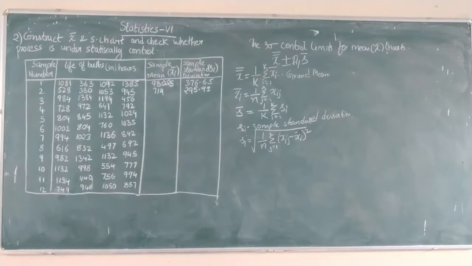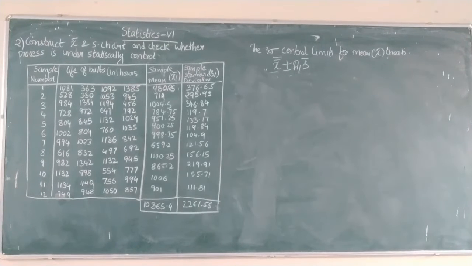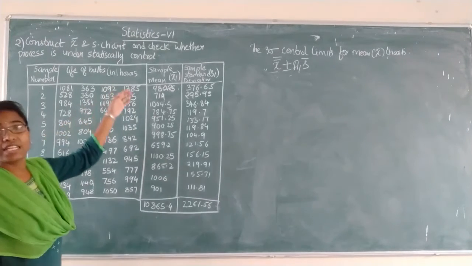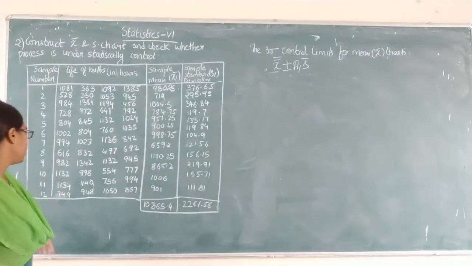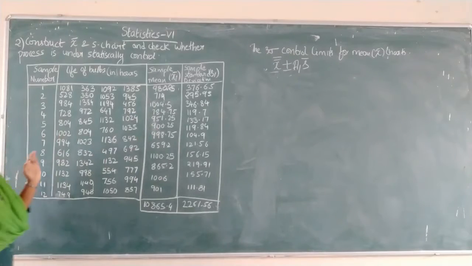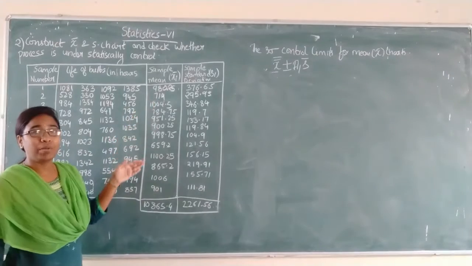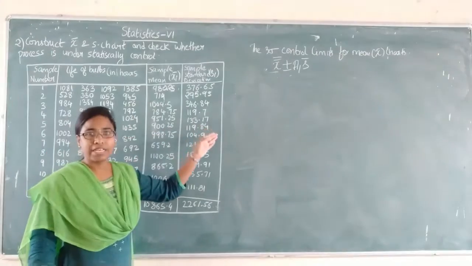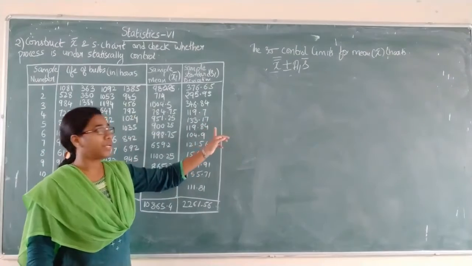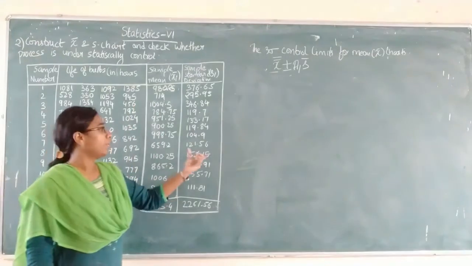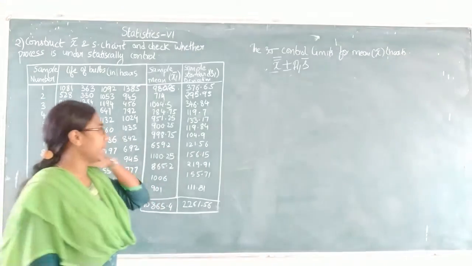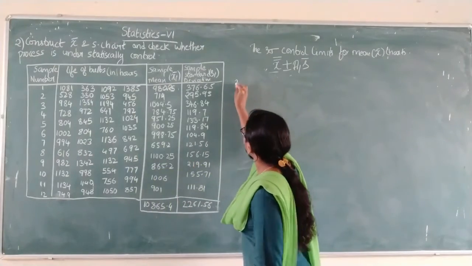Similarly, you will find the sample mean and sample standard deviation for the remaining samples also. I have found the answers for the remaining sample means and standard deviations. For all the 12 samples, it is the same procedure. First find the sample mean correctly, because the sample standard deviation formula uses the value of the sample mean. If your mean value is correct, then only you will get the standard deviation values correct.